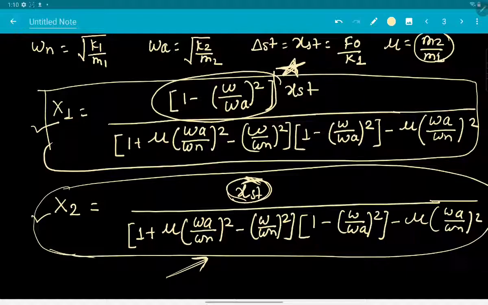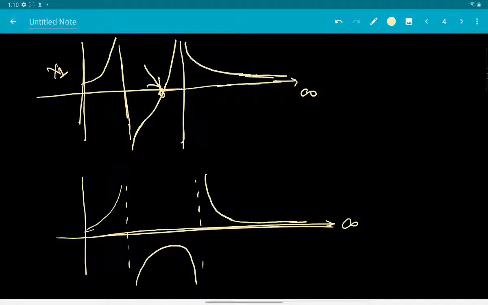That is when omega by omega a comes out to be equal to 1, which essentially means that omega is equal to omega a. So when the excitation frequency is exactly equal to the natural frequency of the secondary system that we have added,